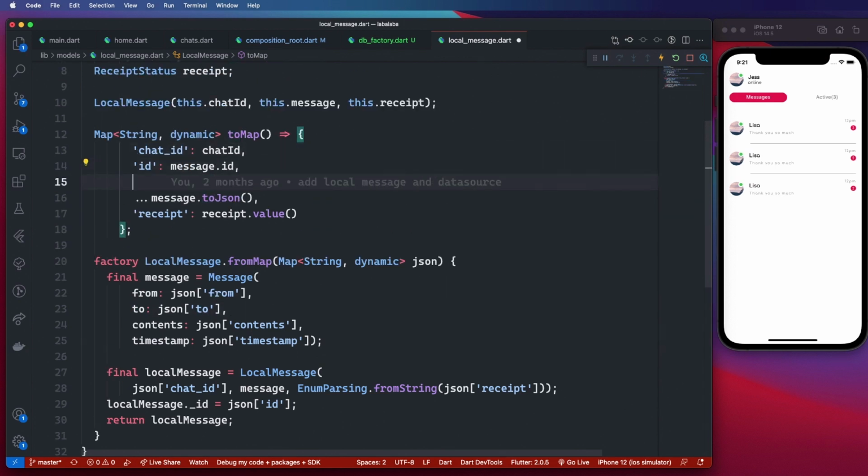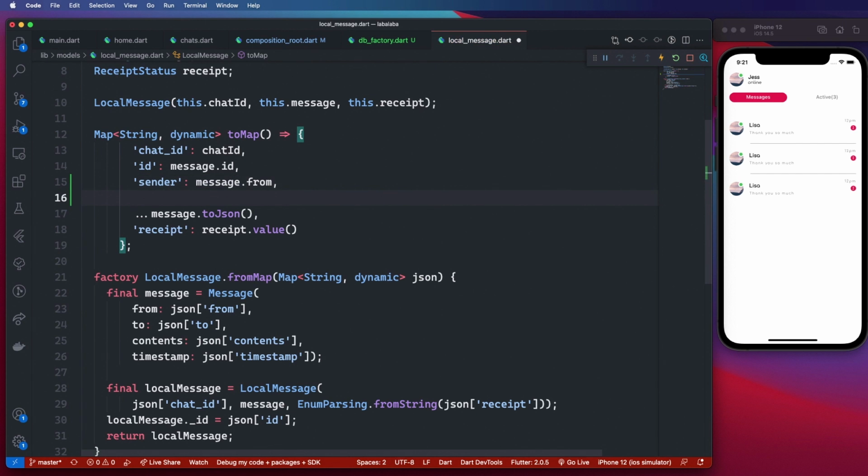So inside of our toJSON method, we have sender, that would be from, then we'll have receiver, that will be to,